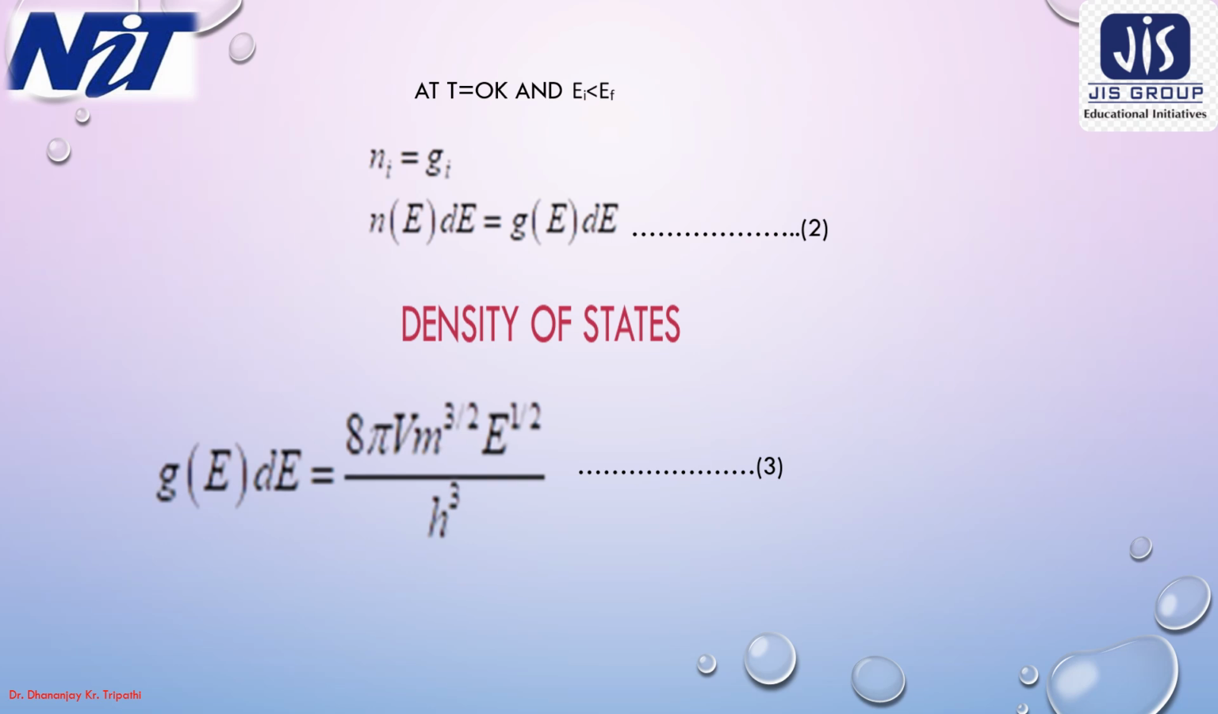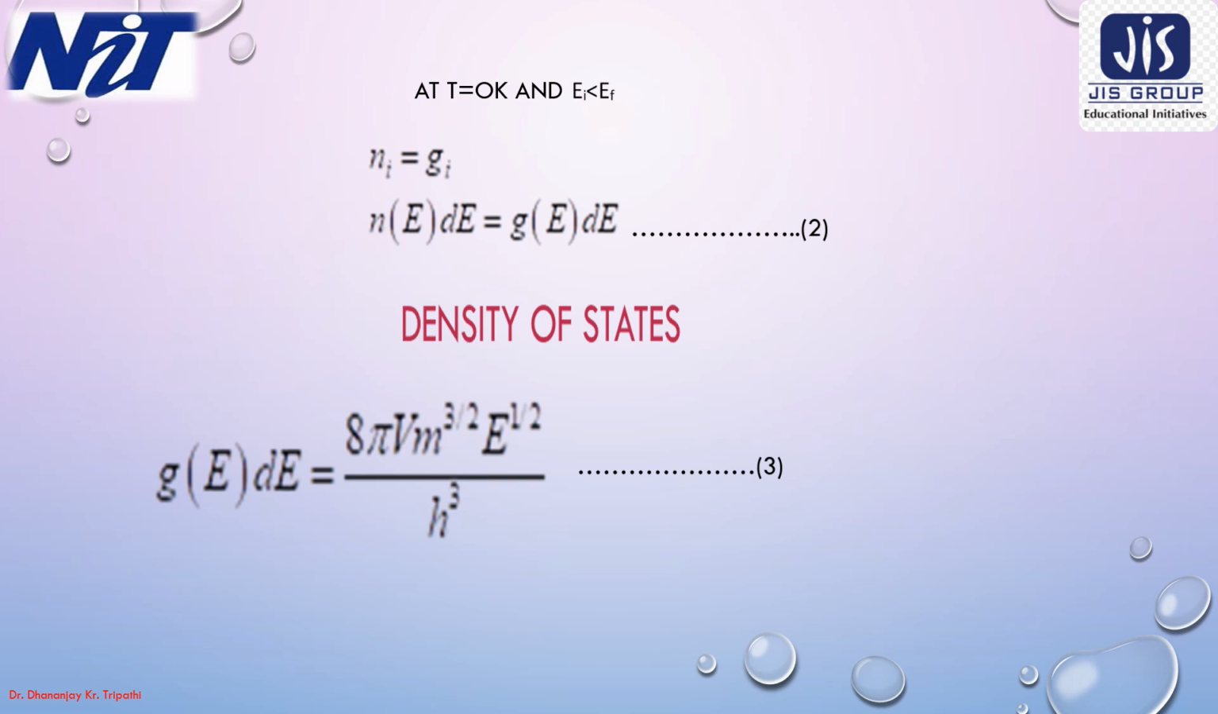Then what will we do? We will try to find the total number of electrons in an energy range. Suppose the energy range between E and E plus dE, where dE is a very small range. So we will first try to find out the number of electrons in the energy range E and E plus dE. For that, suppose that there are a total of GedE number of energy states or quantum states